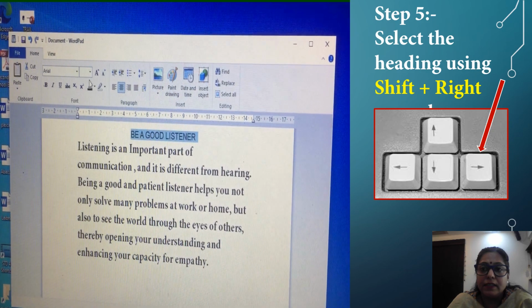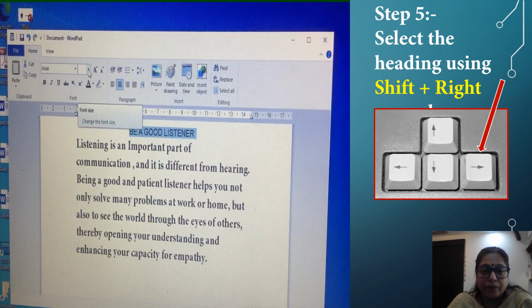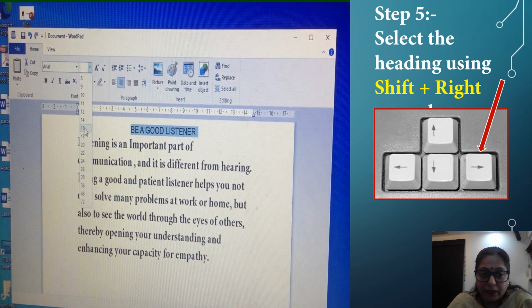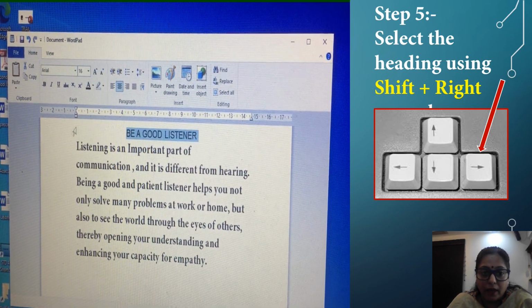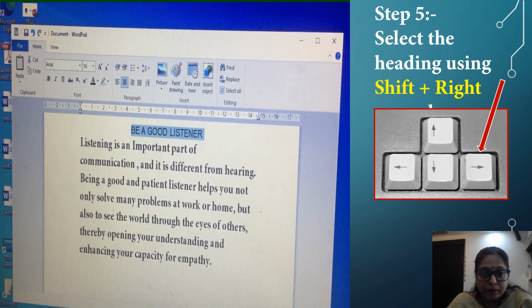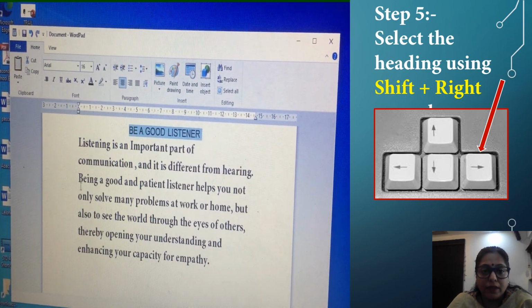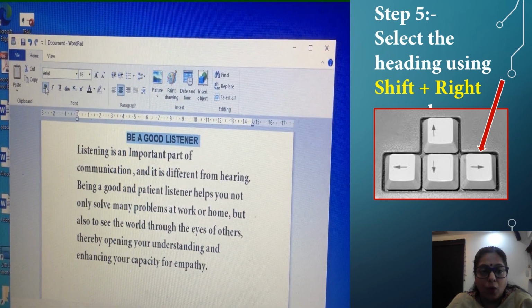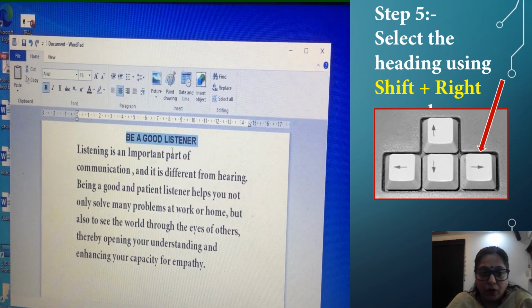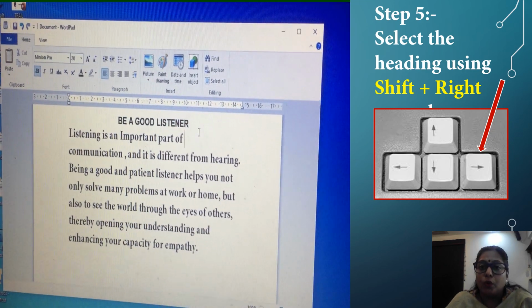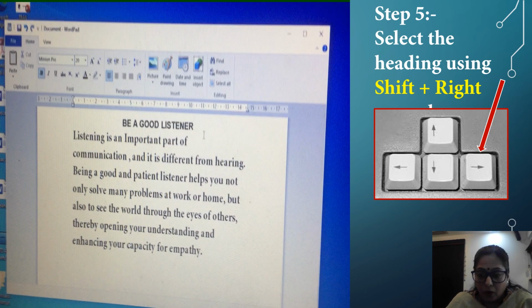Then take a size, it should be 16. After that, you can see here, click the bold button on the Home tab. Students, like this you have to do. Understand?